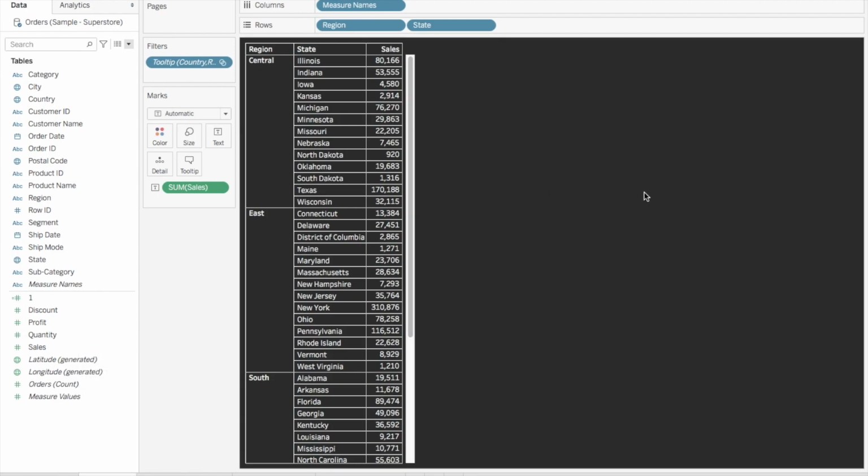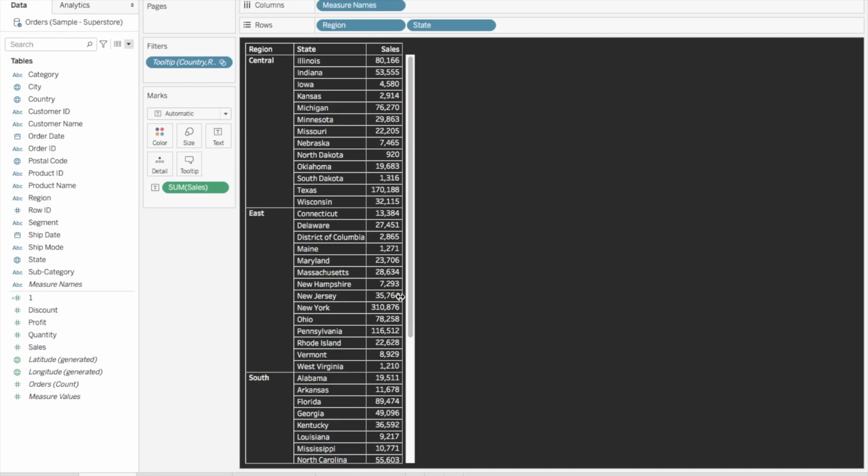And one good practice is to always have this hover report as small as possible in terms of dimensions, because the wider or bigger this report is, the more difficult it will be to fit it on the screen. So that's why, as you can see, I have only put three columns over here: one is region, one is state, and one is sales.